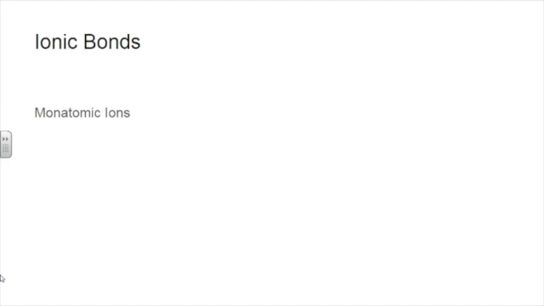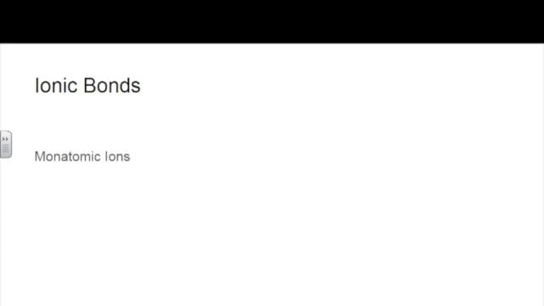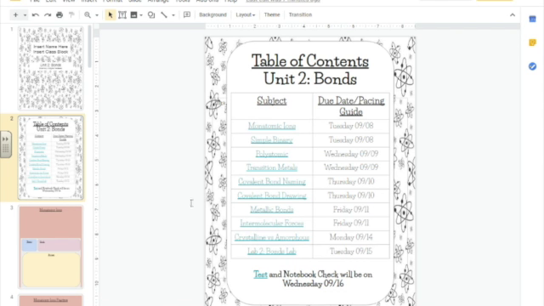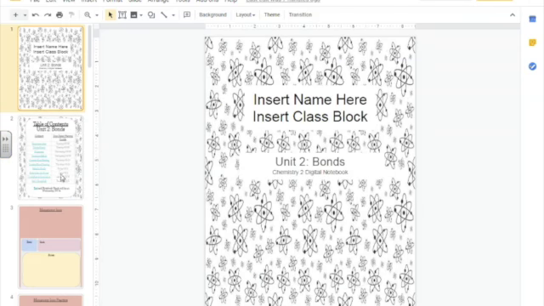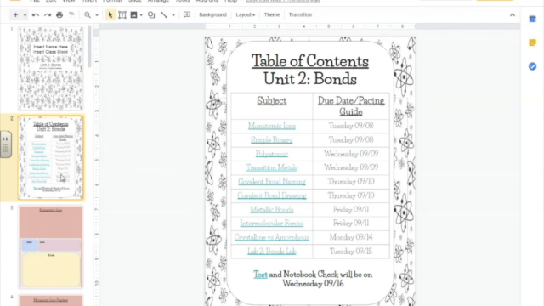Today we are starting our new unit, Unit 2, and it is on bonds. If you go to your Unit 2 digital notebook, you do see the table of contents. Make sure you put your name and your class block. And then the table of contents is for today, Tuesday, we're going to talk about monatomic ions and